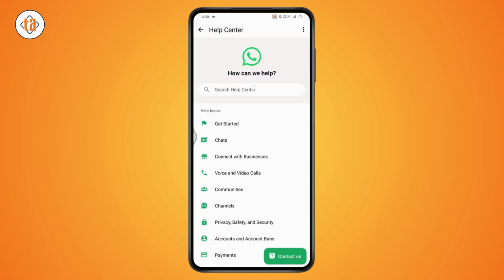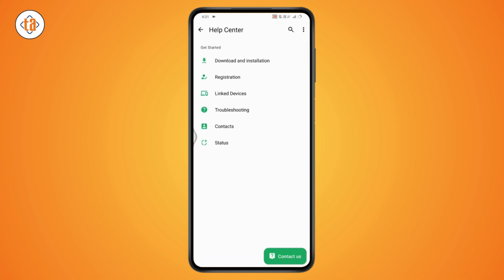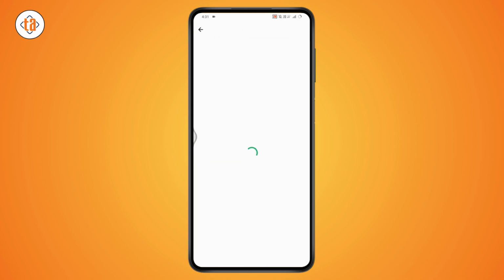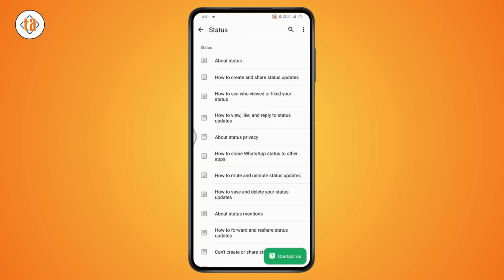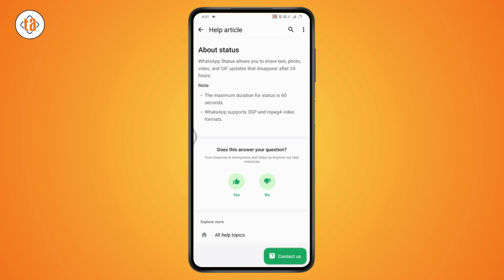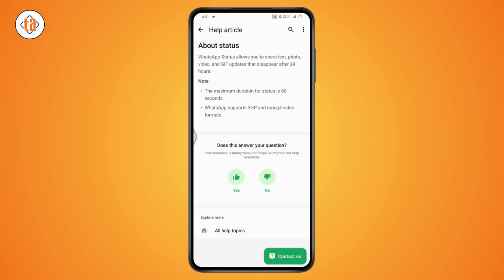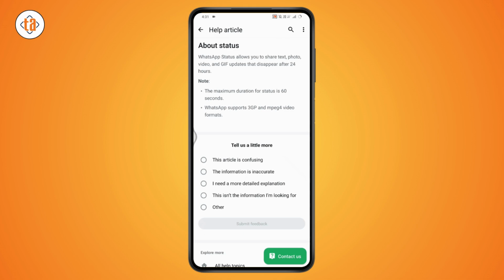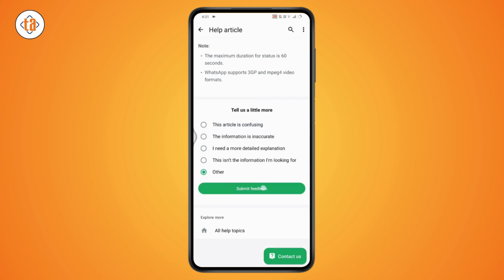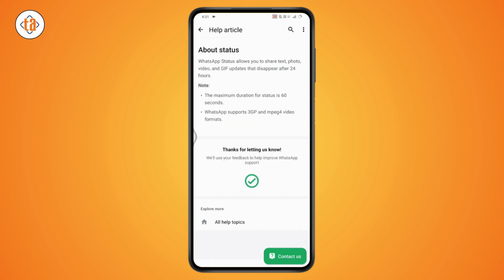Now under your help center you need to simply go with the search or just go with get started, which is on the first, and under get started tap on status option. Now under status here you will have a lot of options, so you just need to simply tap on the first option which is about status, and after that scroll down, go with no and tap on other and tap on submit feedback and tap on contact us, which is on the bottom right,